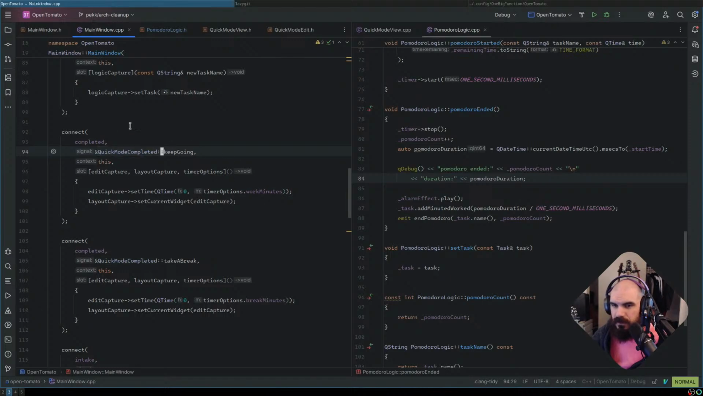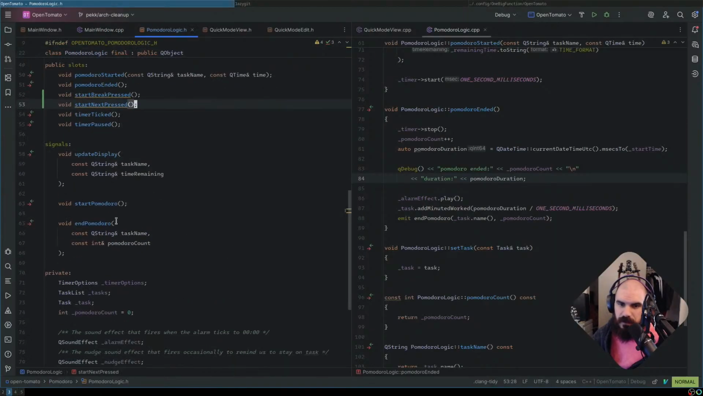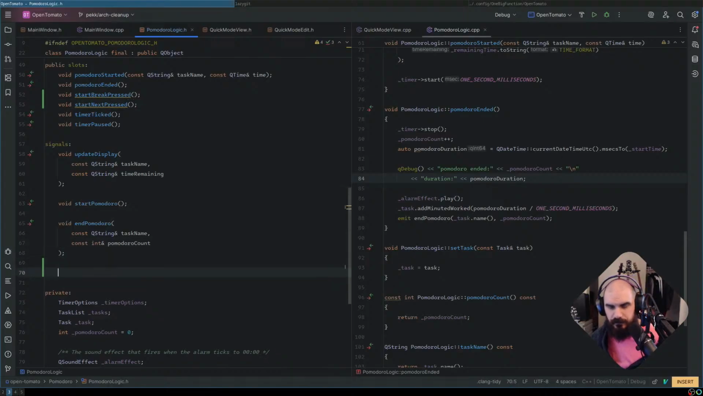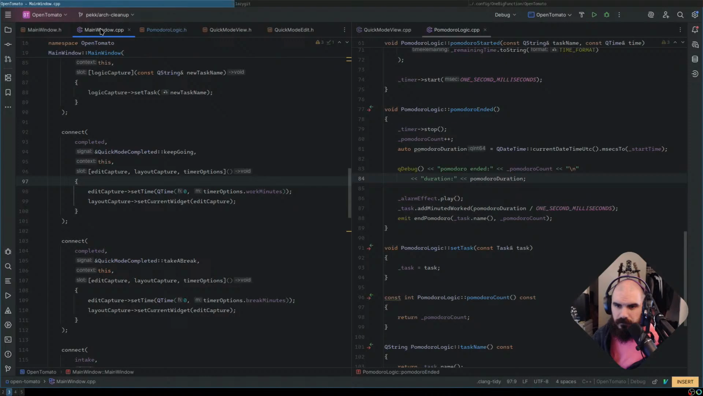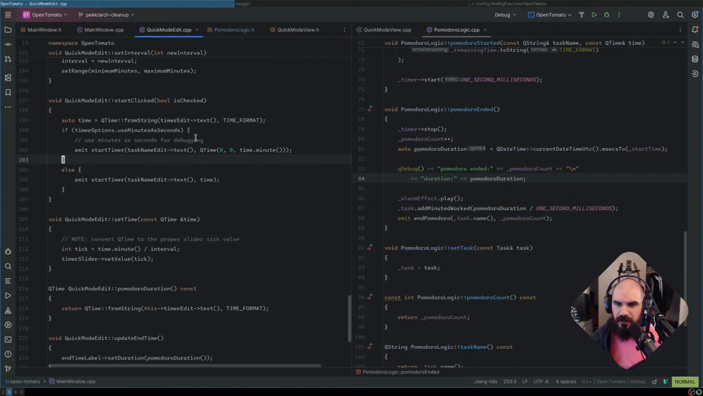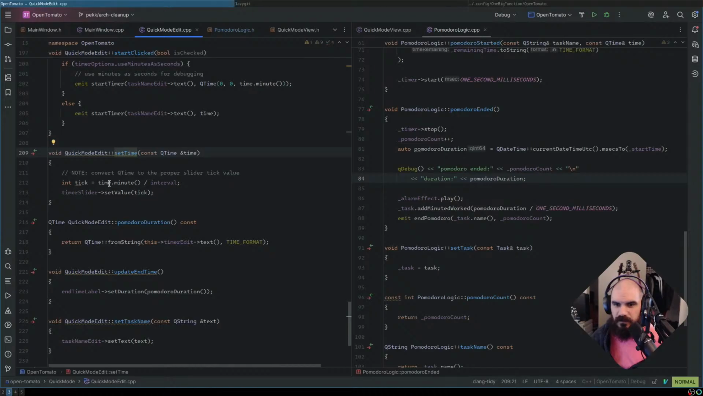So I keep going, should go to something else. But this closure we're gonna want, right, so then over here we're gonna have a signal. And the signal is gonna be void suggest time. Oh wait. And set time. So the way this works is weird from what I remember. Yes. Convert Queue time to proper slider tick value